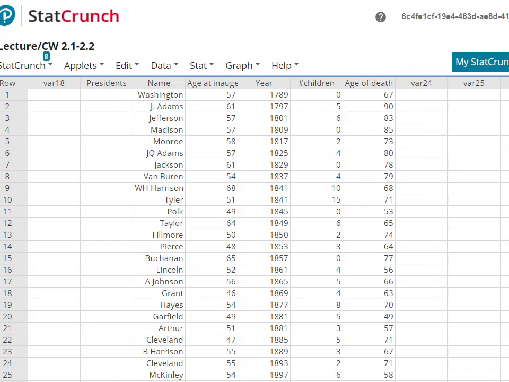For this series of videos, we want to talk about how we create our tables and graphs for quantitative variables. And the example that I want to start us off with has to do with the presidents and their ages at inauguration. So on the screen, you'll see that I have a lot of information about the presidents, both age